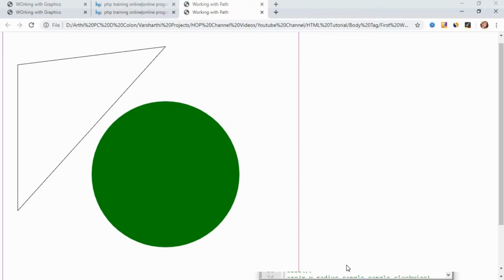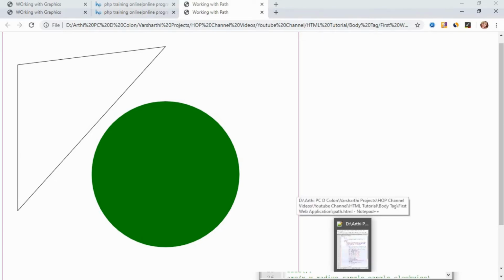So you have to create a separate path for each graphical element, right. In some scenarios you may want to have n number of graphical elements in a single path. For example, if you are creating any kind of game which involves characters, in such scenarios you can have multiple graphical elements inside a single path, right. So this is a way of creating a path, and using a path we can create other shapes, right.